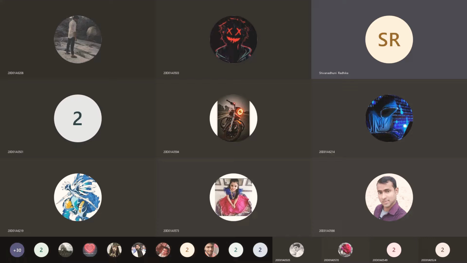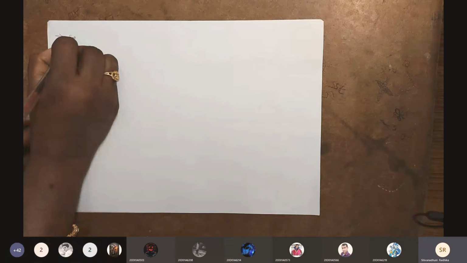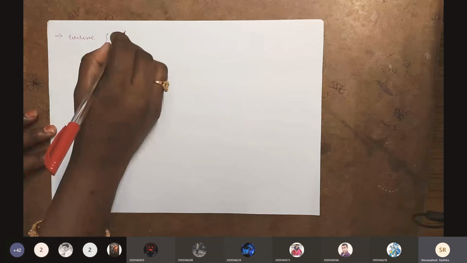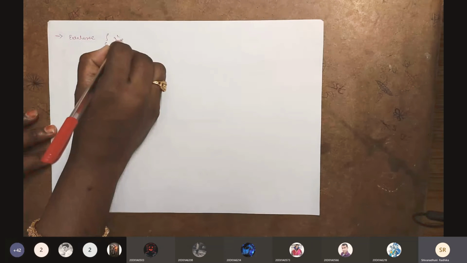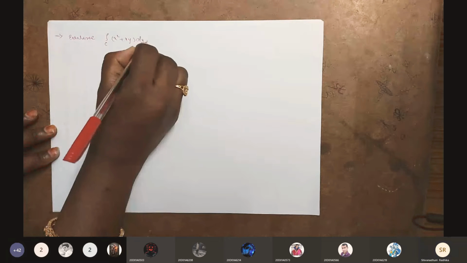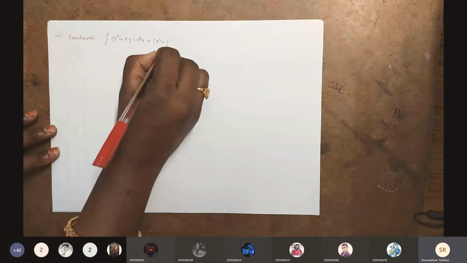Problem. This is a previous question. Write down here. Evaluate. Evaluate the integral over curve C of (x square plus xy) dx plus (x square plus y square) dy,